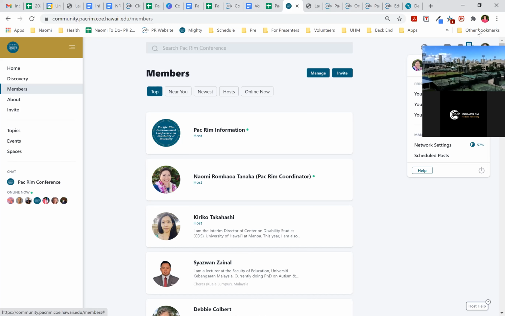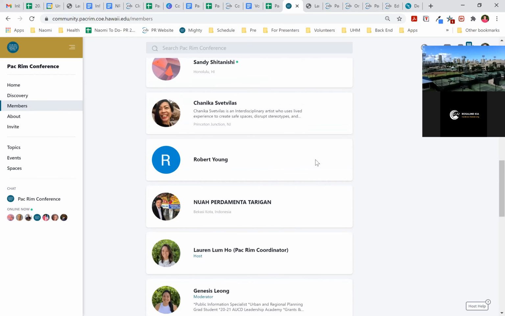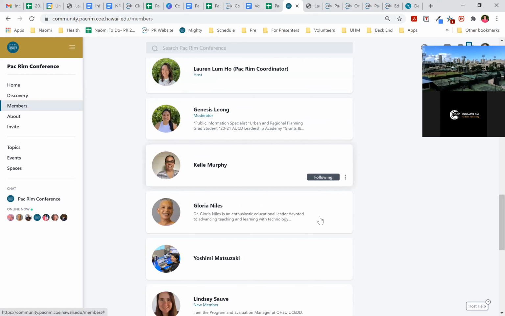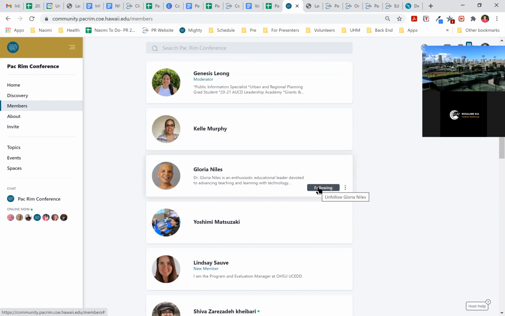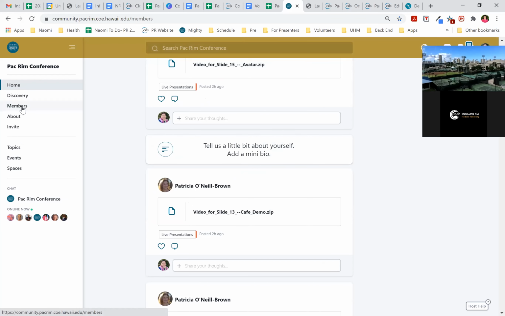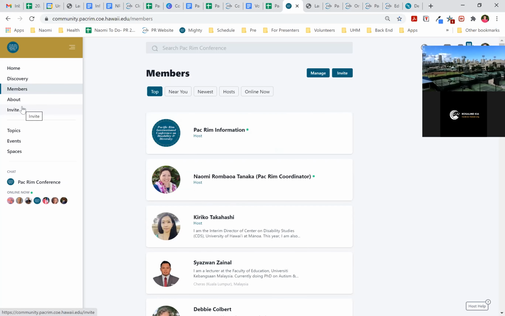Okay, but speaking of members, you can scroll through and look at all the people that are now in Mighty, which is super cool. And if you want to follow them, kind of like following someone on Twitter, you just literally click follow. That means anytime Gloria posts something, I see her things in my feed, and the feed is the home feed. So just like any other social media, you're seeing feeds of people that you subscribe to. It'd be great then to go through your presenter list or people in your topic area and follow them so you can keep in touch.